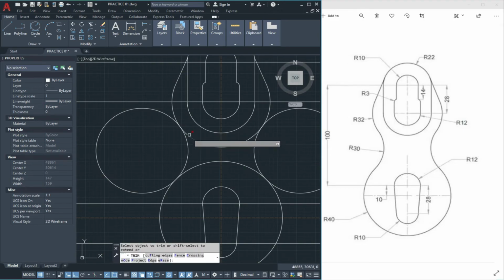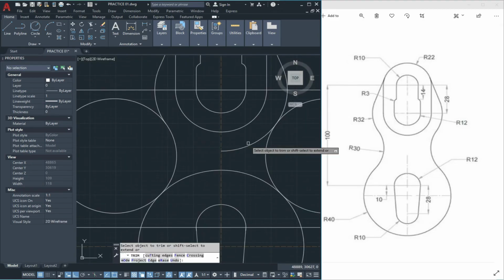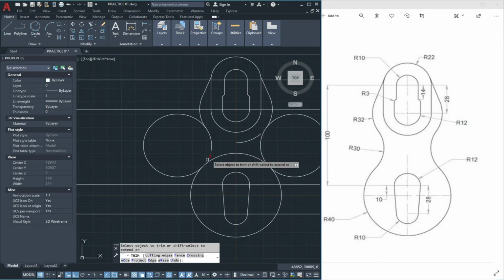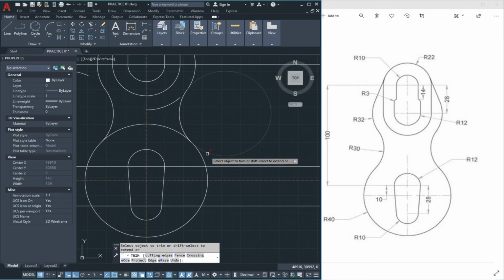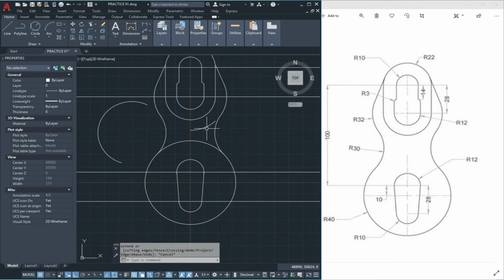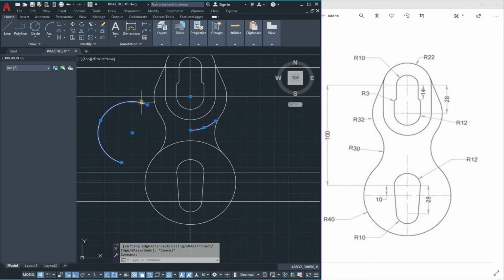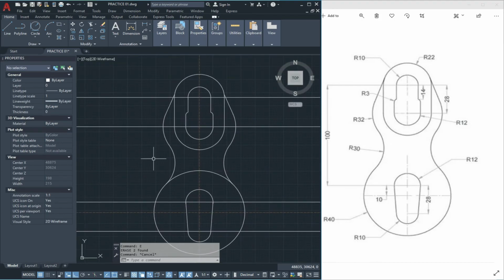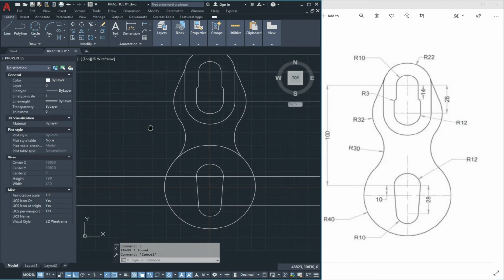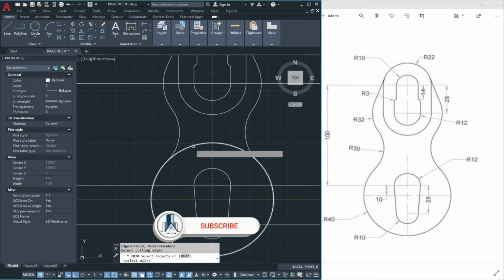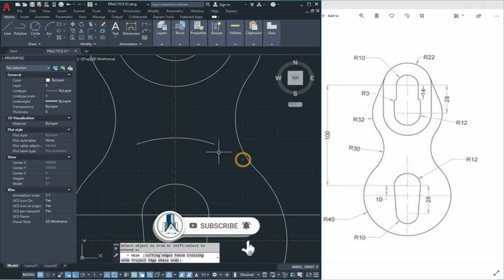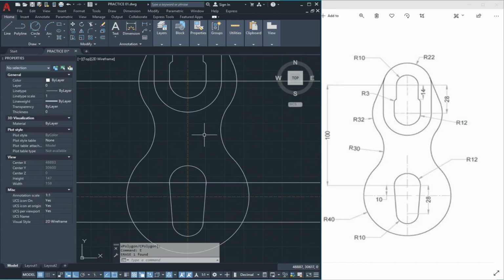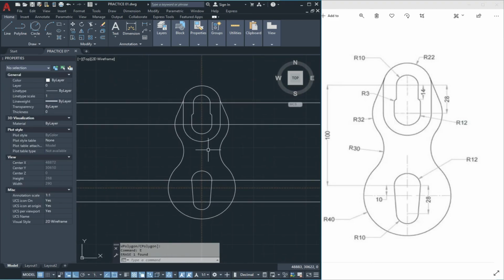Now we trim it and delete it. We trim this circle also. Like this. And guys, in this way we prepare our shape.